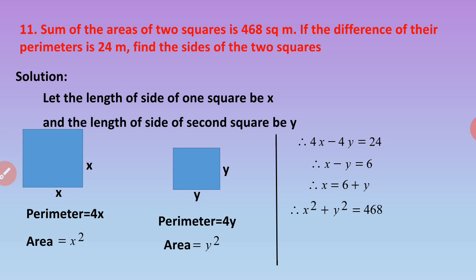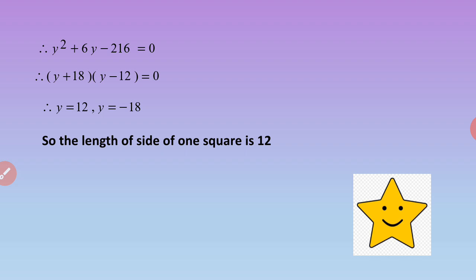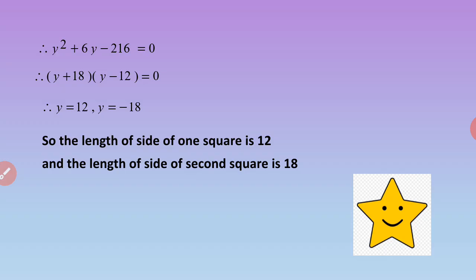Here we are going to substitute the value of x, and that is how you will have an equation in one variable. It will be a quadratic equation obviously, but then only one variable. So, solve it further. This is what you get. It's a quadratic equation. Then solve it. When you solve the quadratic equation, you get y equal to 12. And y was the length of the smaller square. So the length of one of the squares is 12. And for the other one, it is 6 more than that, that is 18. This is how we have now completed this exercise.